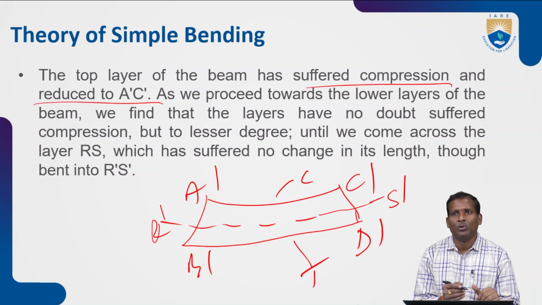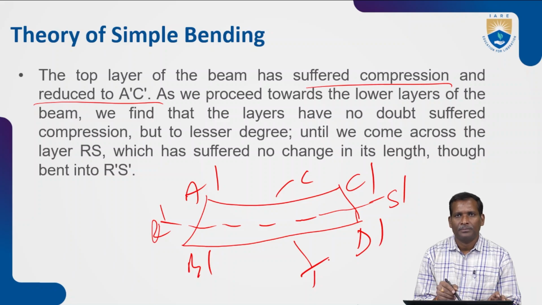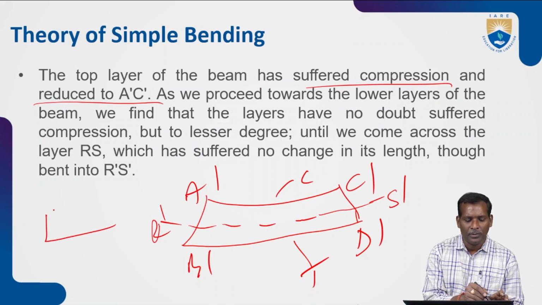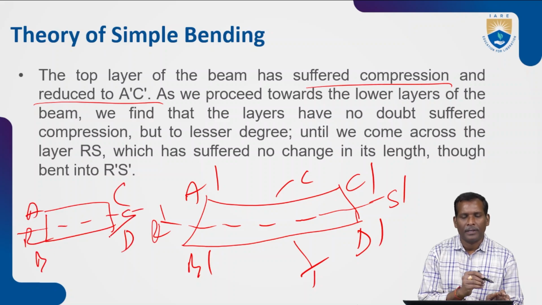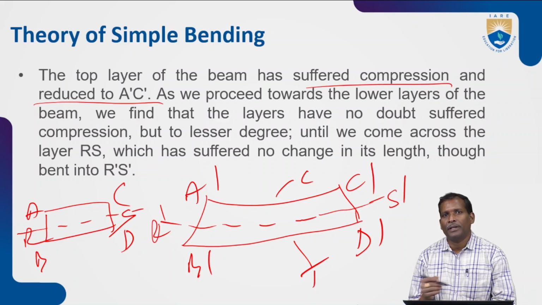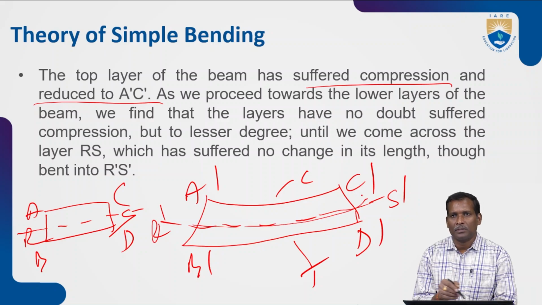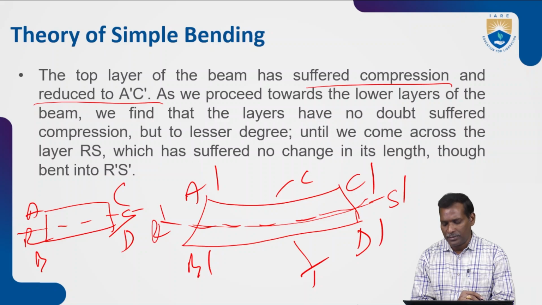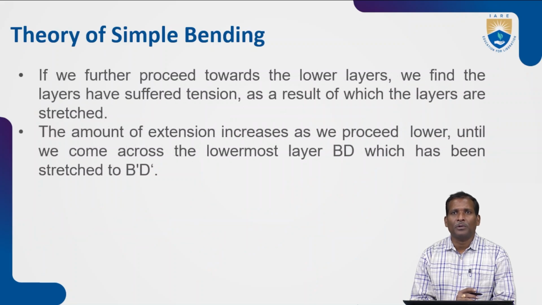As we proceed towards the lower layers of the beam, we find that the layers have no doubt suffered compression, but to a lesser degree, until we come across the layer RS, which has suffered no change in its length, though bent into R dash S dash. Even though this layer is bent, there is no change in length. If you proceed further towards the lower layers, you find the layers have suffered tension,